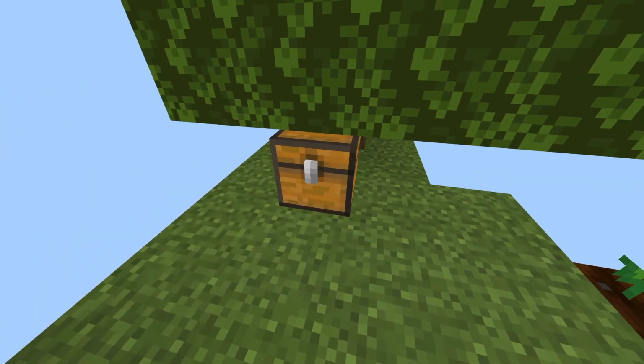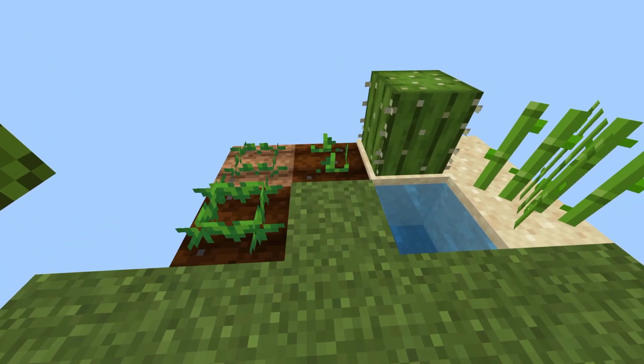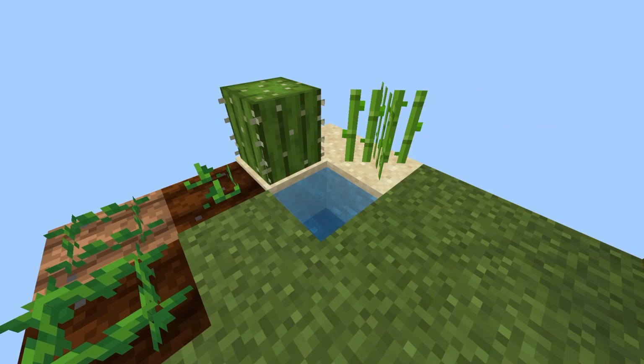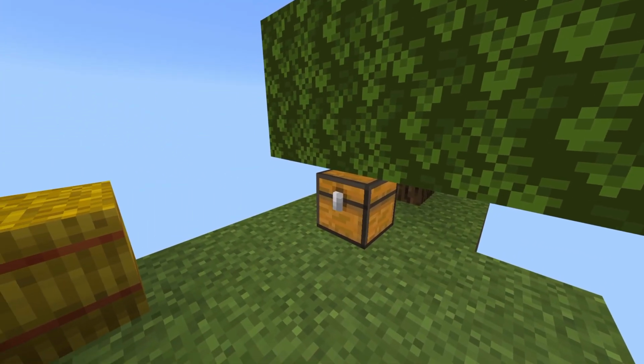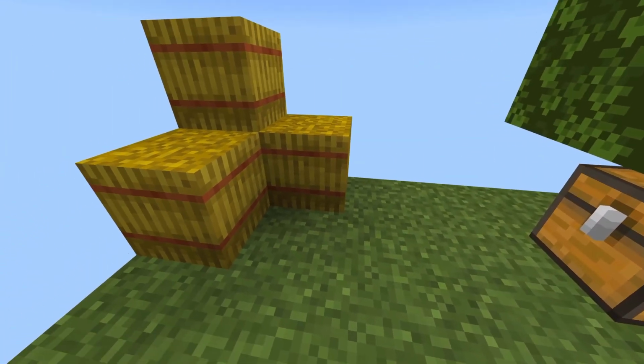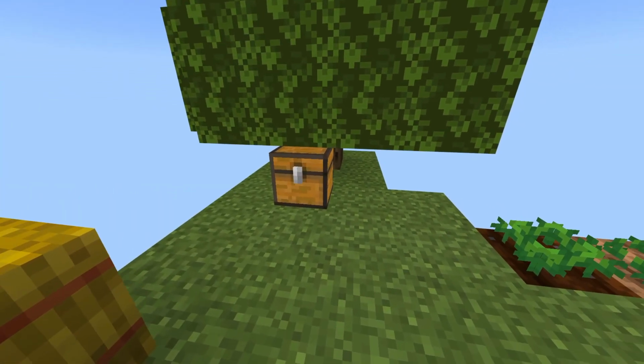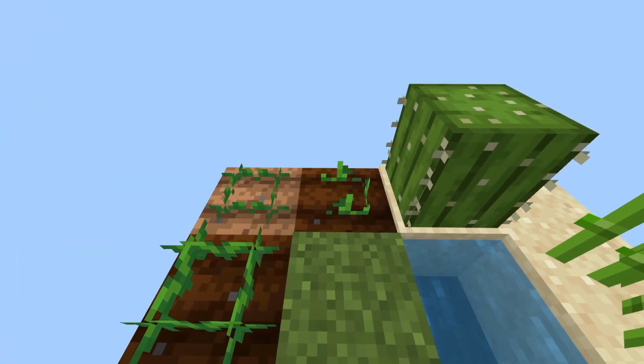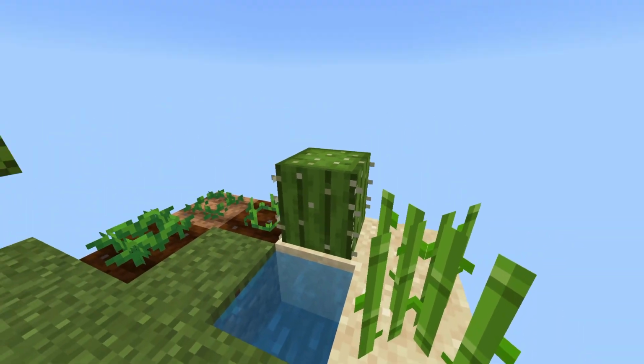One thing that you really should have on your skyblock is the resources for people to be able to make a cobblestone generator. So for this, you will need to have 2 buckets of water or 2 pieces of ice. And then also you will want to have yourself some lava as well. And also, as well as that, you need to have a food source of some kind. So in this case, I decided to put some carrots and some potatoes, and I also decided to put cactus